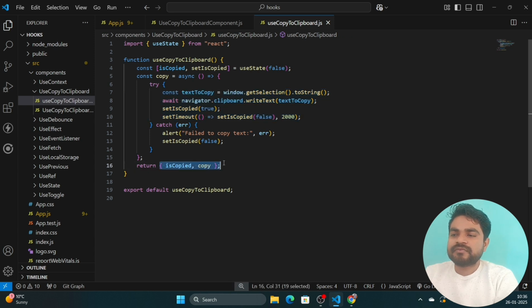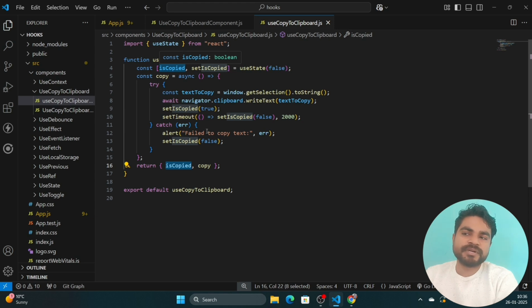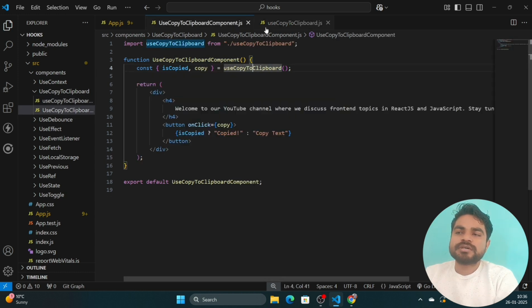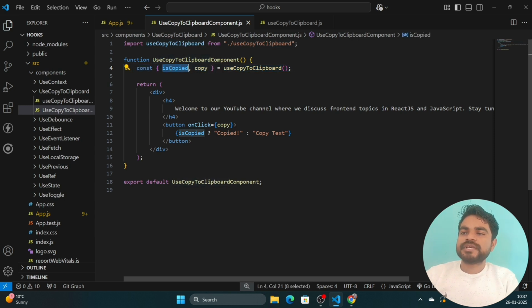In the return, we return the current state of this flag, whether data is copied or not, and the second is the copy method. While using this hook, we just call it, and as an object we easily get that boolean value which tells us whether the data is copied or not. If it's true, then we can apply our logic.